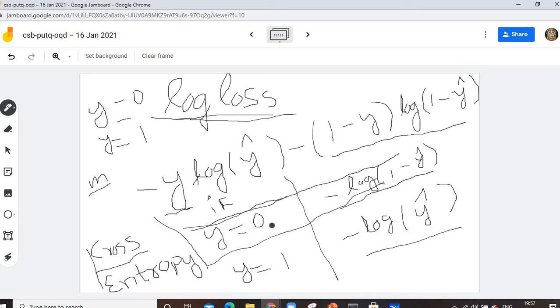Then you can say that as this is a prediction on the basis of probability, it gives a figure between 0 and 1. If my y is 0, then my loss function will be minus log of 1 minus y hat. If my y is equal to 1, then my loss function is equal to minus log of y hat. What is y hat? Y hat is my predicted value. Understand or not? Understand. Okay.